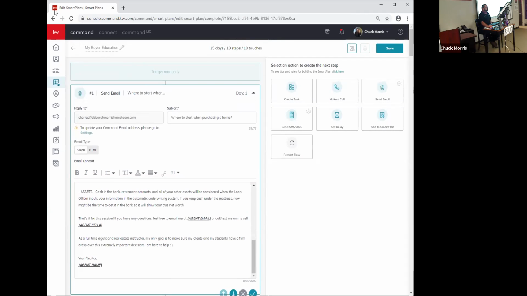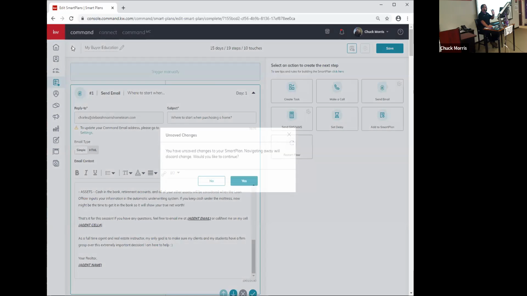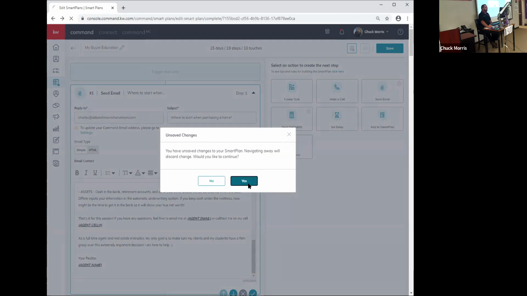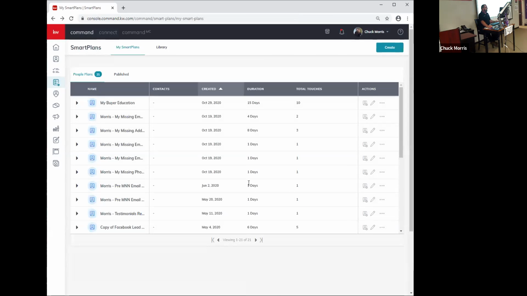Now I'm going to go up here. This is where you can edit the stages, so you can look and see what the actual steps are going to be. You can even change the signature, whatever you want. You don't have to, but I would recommend, and I really recommend this to a lot of people, make sure